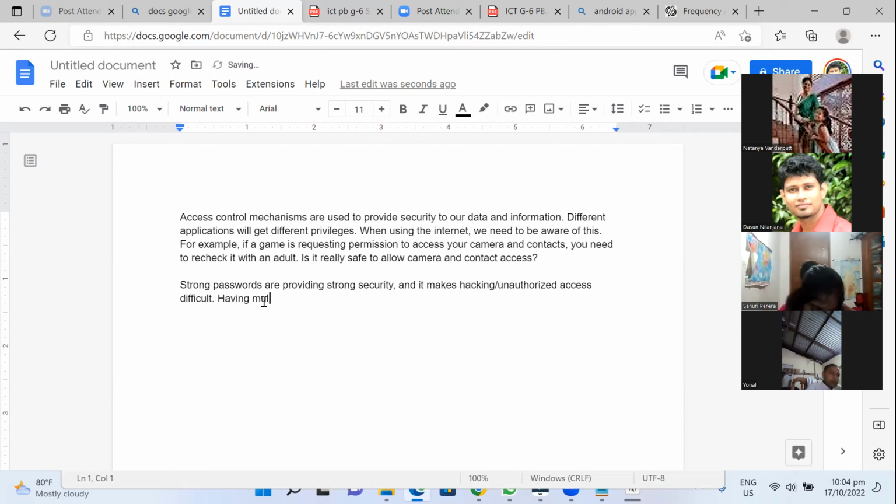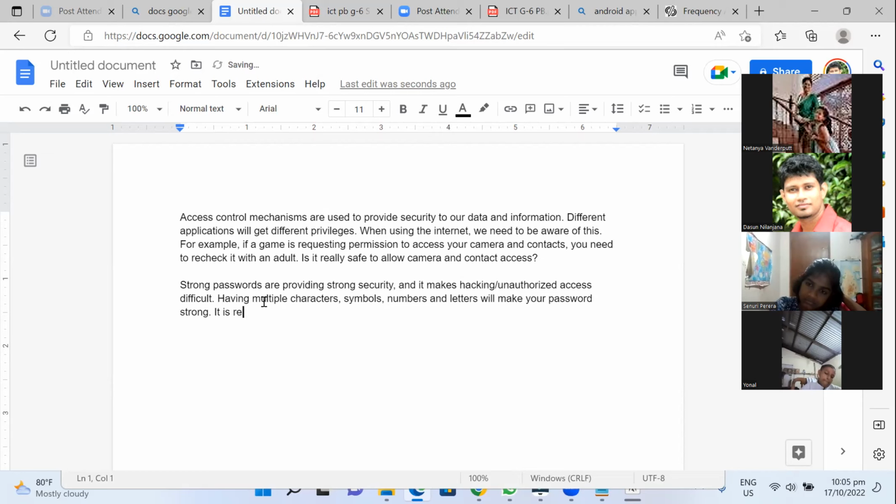Having multiple characters, symbols, numbers, and letters will make your password strong.